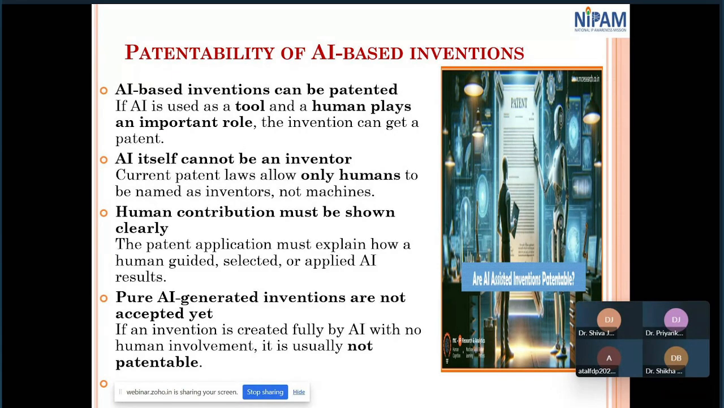AI itself cannot be an inventor. As per the IPR rules, only a person or a company can be an inventor or applicant. Human contribution must be shown clearly. Like if you make an animation movie and want to file under copyright, in that case also you have to show the human contribution. Next, purely AI generated inventions are not accepted yet. Till date, no company or IPR authority has accepted purely AI generated